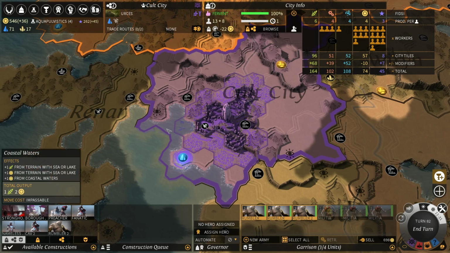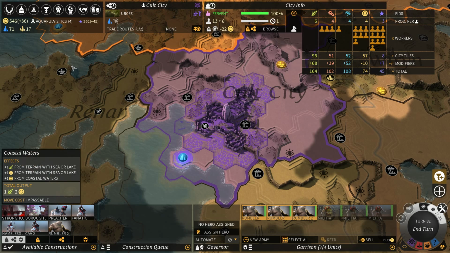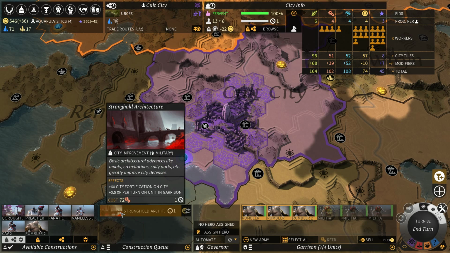In fact, let's look at this. Alright, so we're 4 out from Aquapovistics. We're still fervent, that's great. We're not building anything, which I'm okay with because I don't really necessarily think we need to. But we can just go ahead and build the stronghold, only because this actually provides a fortification bonus, so